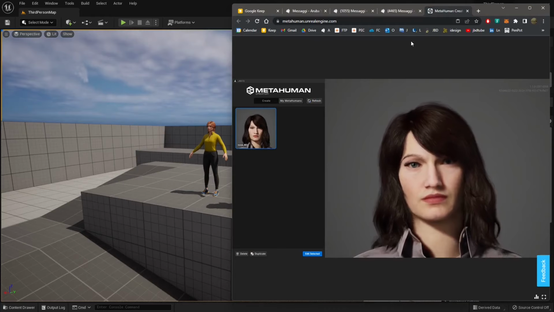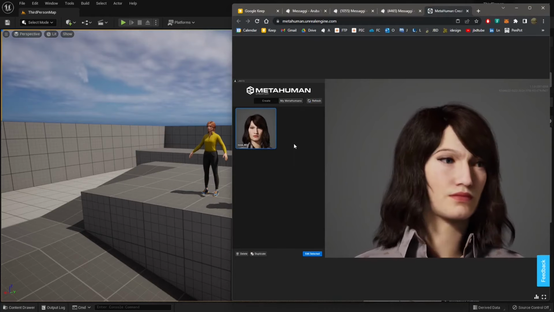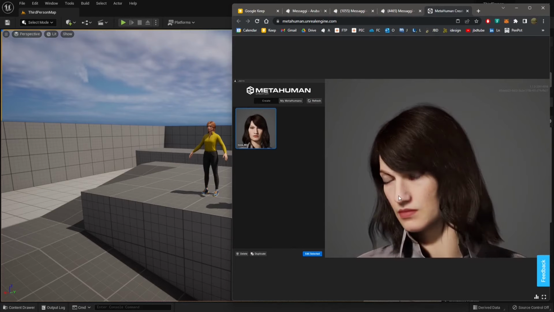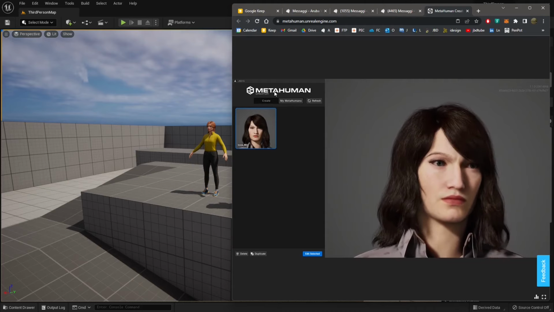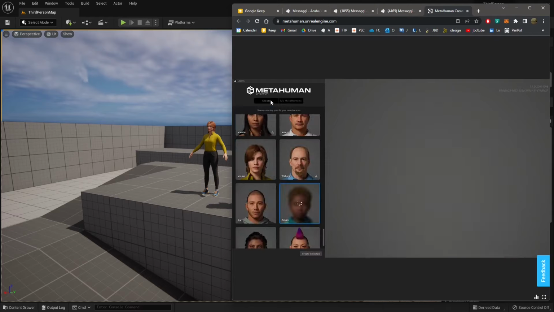Now let's go into the Metahuman Creator, and you can see now I have my first Metahuman right here, which I created really fast, just customizing a little bit one of the presets. So the workflow here is that you can just create a new one just by selecting a starting Metahuman. Just to make an example here, I'm going to be quick, so I'm just going to select,